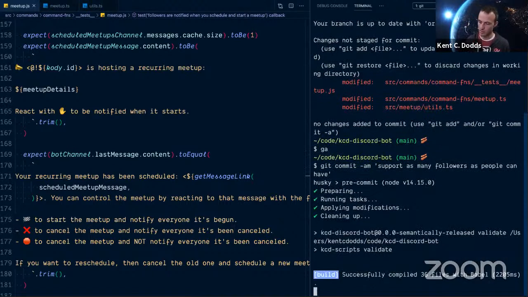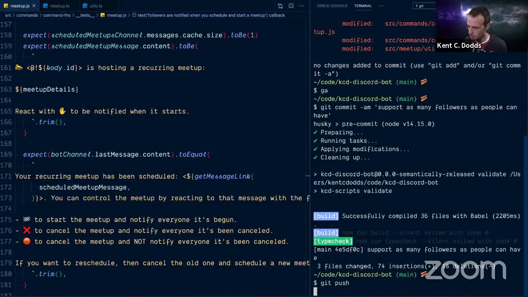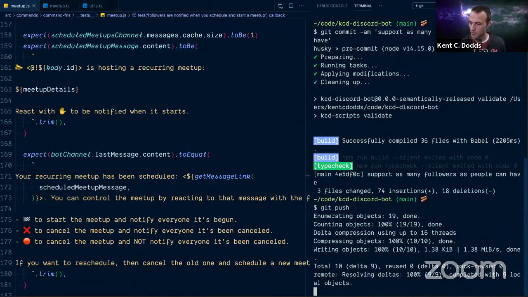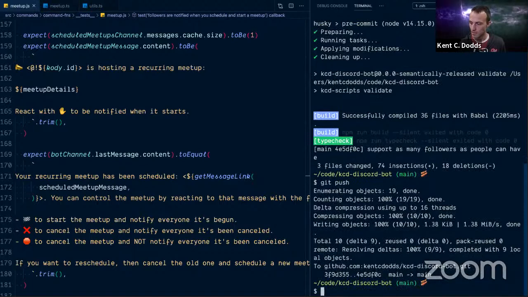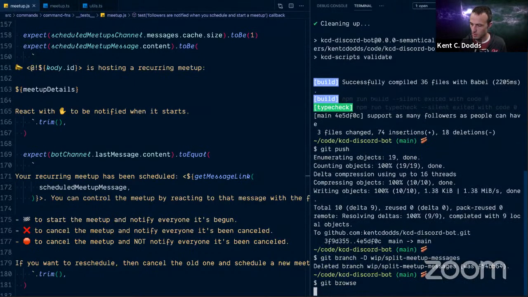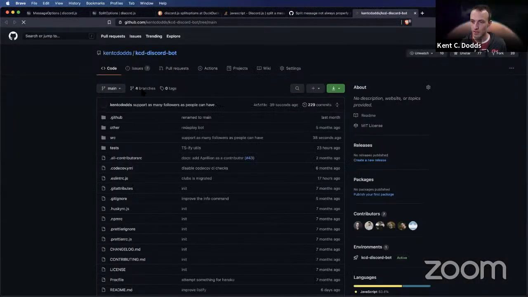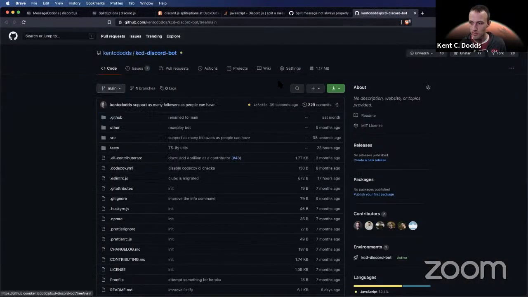It's just running the build and type checking. Sweet. Okay, and then I'm going to delete the work in progress split and meetup messages. And let's go up here. We'll delete it on branches. There we go.